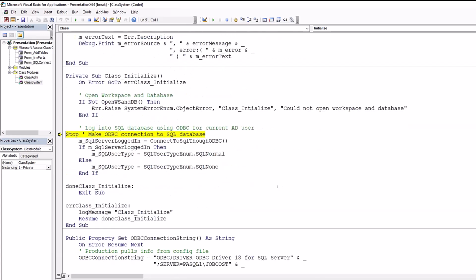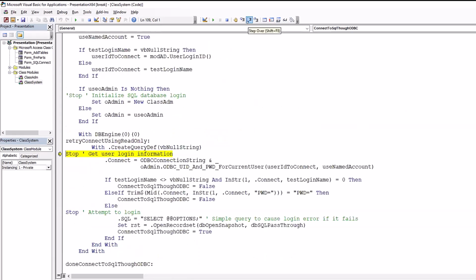Okay, so the startup form created an instance of class system. Its initializer makes the connection to SQL, the ODBC connection, which is just another function. So I create a query and set the connection string. The connection string is a property. It's static right now; in production, it actually gets it from a configuration file. Then, if you notice, it creates an instance of class ADM and calls the function to get the user ID and password part of the connection string. So when I step into that,